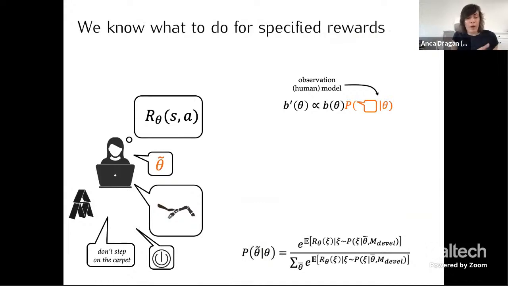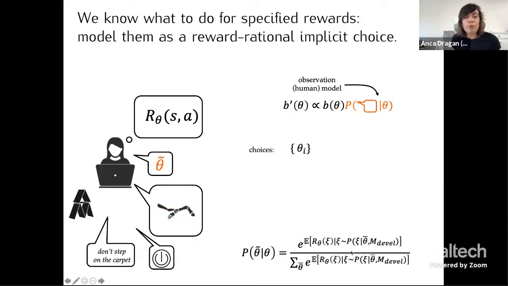We also talked for half an hour about what to do when the person specifies a theta tilde. And I'm just going to remind you that big formula looks something like this. If you squint at it, it's that you'll specify a theta tilde that's proportional to the exponent of the reward. Now, what's going on here is you can think of it as a choice too. The choices now are not trajectories, they're reward functions that I could specify. And I specify one of them. I specify theta tilde. And I'd like to say that I specified based on the reward, but there's a bit of a syntax mismatch here, right? Like, what is the reward of a reward function instead of a trajectory?